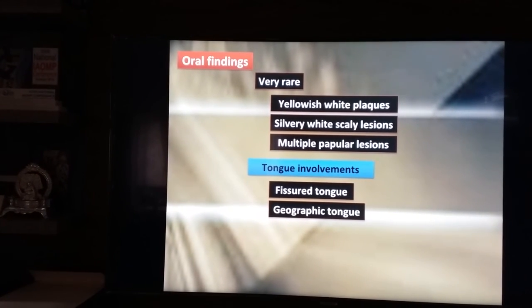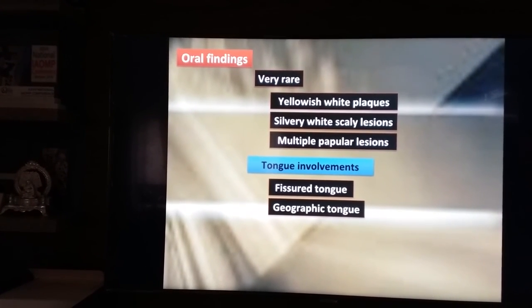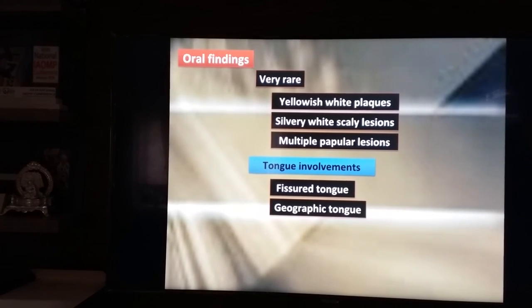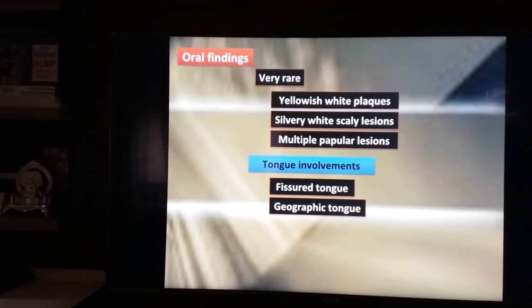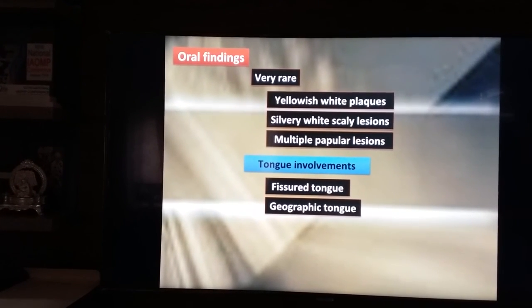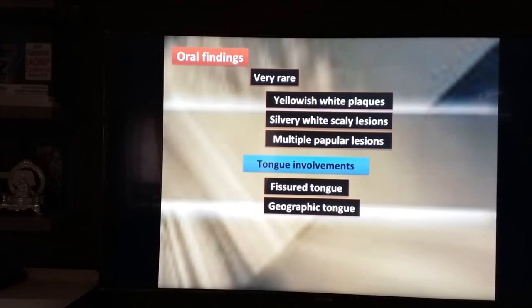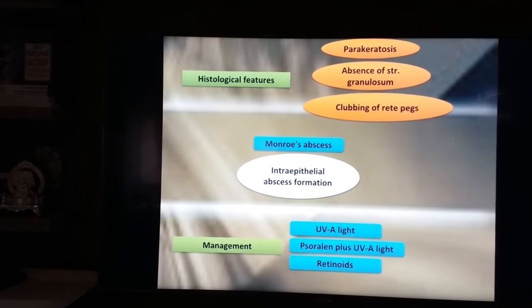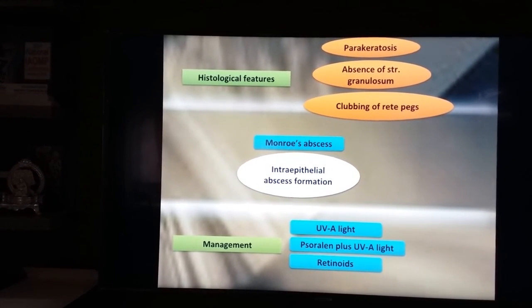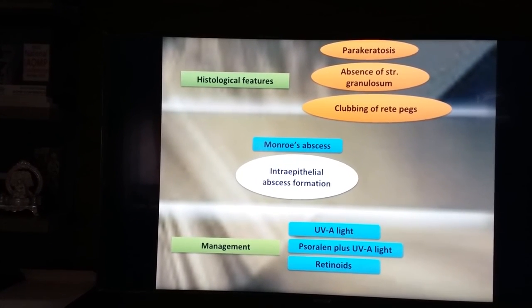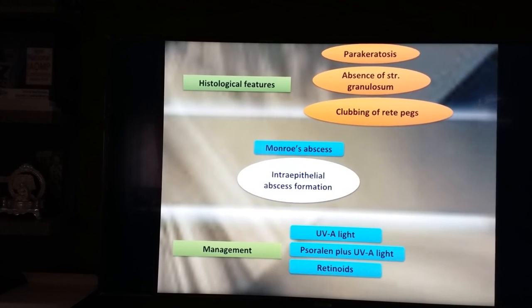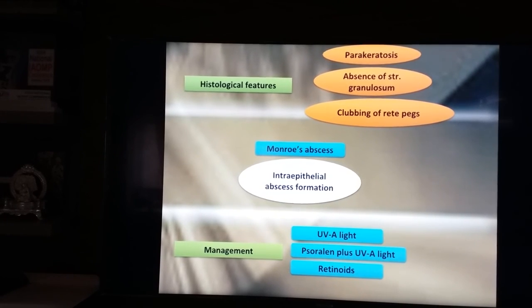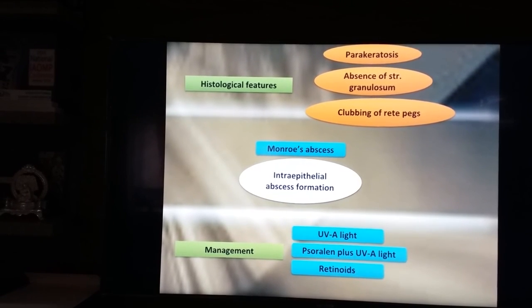Now, in the oral cavity, you will find there could be yellowish white plaques, silvery white scales, and multiple papular lesions. Even the tongue could be affected, leading to fissured tongue, or it could be a geographic tongue. Now, you will notice that in histology, you will find presence of parakeratosis, absence of stratum granulosum, you can find clubbing of rete apex, you can also sometimes find